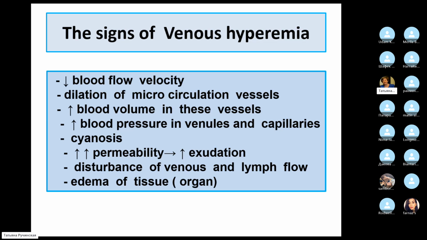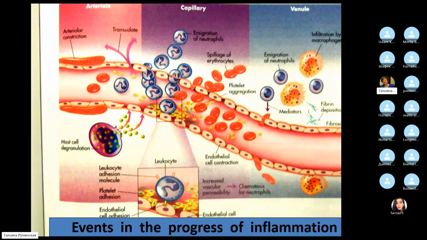Now, all the other we discussed previously. Now, this is a picture which shows you all the events of inflammation. You see the initial stage of increased permeability. Look here, there is a small gap between endothelial cells, and that is why only plasma proteins and plasma come out from the vessels.